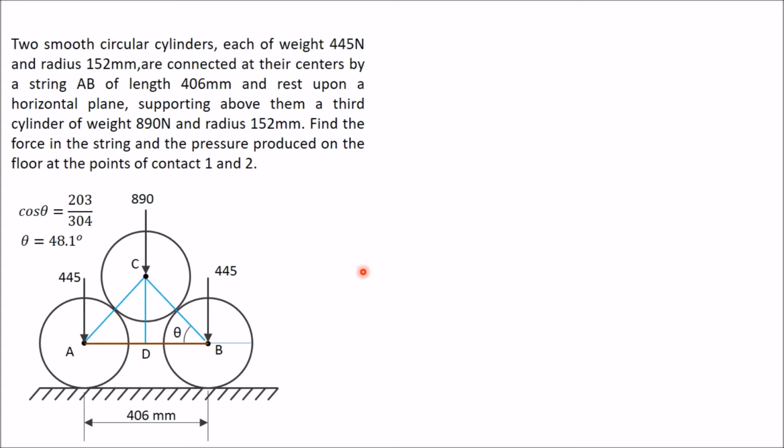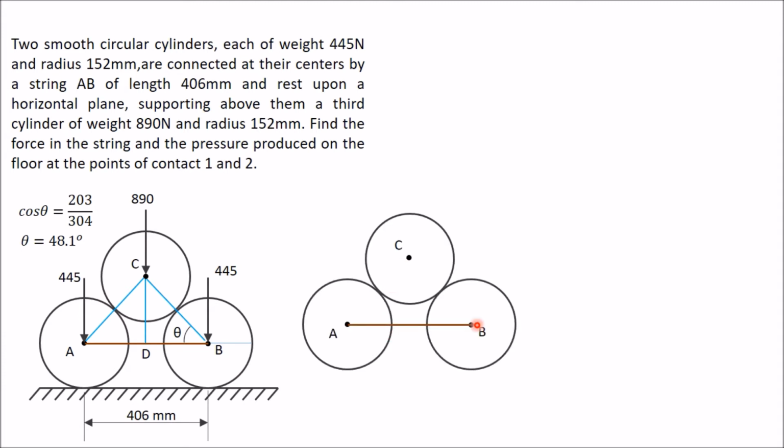Next step is to draw the free body diagram of these three cylinders together. I have drawn these three cylinders together first. Now you have to apply weights in the vertical downward direction, so weights of all the cylinders vertically downward. Now you have removed this surface, so in place of this surface you have to show reactions at the points of contact perpendicular to the surface. Now the surface is horizontal, so the reaction will be perpendicular, or vertical. So these are the two reactions, this is R1 and this is R2. These two reactions will pass through the centers of the respective cylinders.